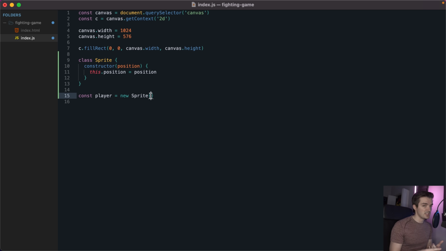Now, position can be any data type. It could be a number, it could be an object, it could be a string, but in our case, we want to go ahead and make this an object. So I'll put an object in here and say that the x for our object should be equal to 0 to start, and the y for our object is also going to be equal to 0. This just means within our game, we're going to place our sprite at the top left-hand corner of the screen